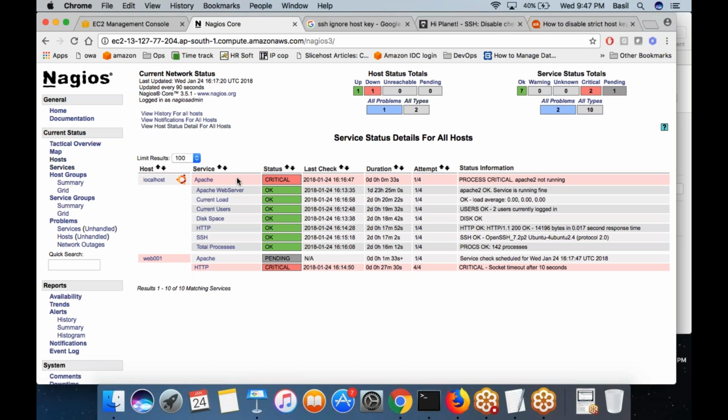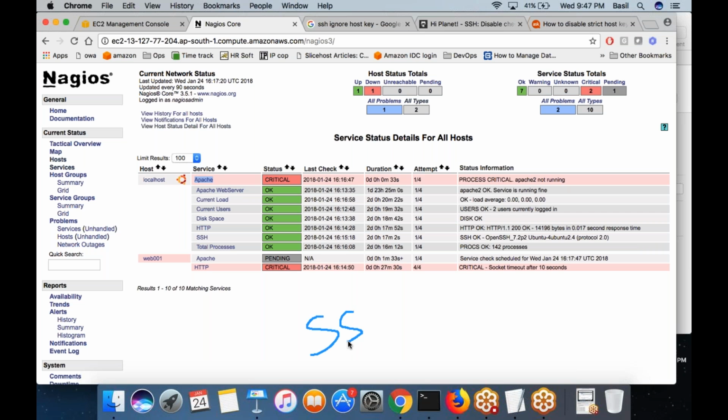On the localhost, the Apache service is showing as critical. It is expected. Why? On the localhost, the Apache service is supposed to come as critical only. The reason is this particular service is checked through an SSH command.